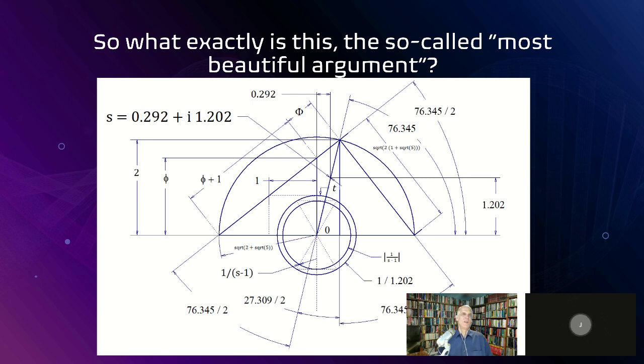Okay. So what I call theta is 76.345 over 2. That's the angle all the way back to point A, we used to call it. And then the larger angle is 76.3. That's the argument. So we're seeing several instances of both the Giza triangle and the Russian triangles. So now, remember when I was talking about those triangles earlier?